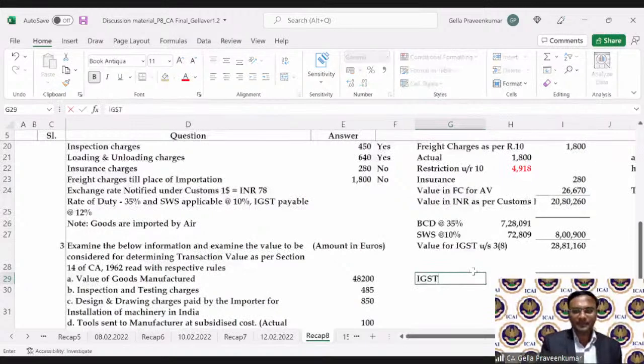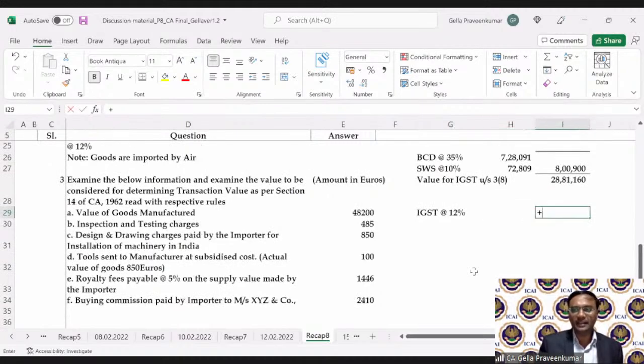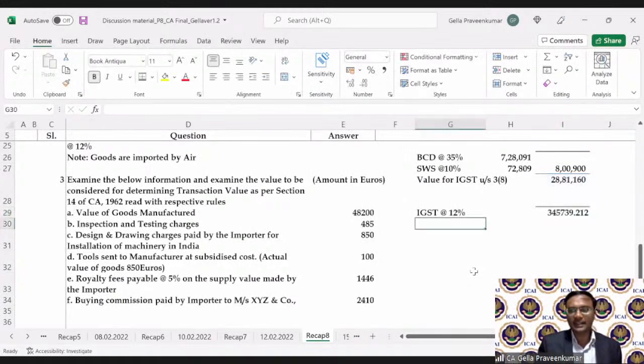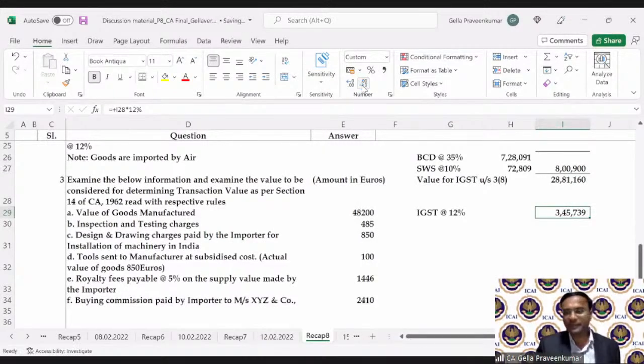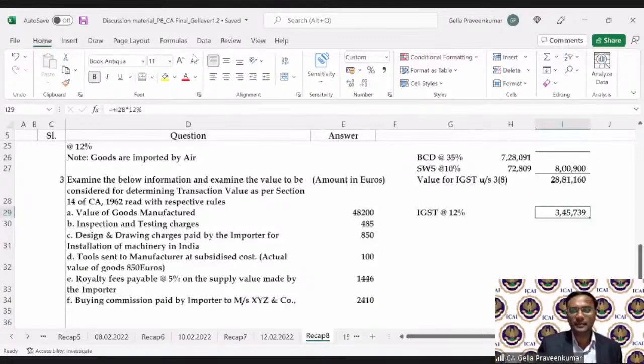IGST at the rate of 12%. My calculation of IGST on 28,81,000, 12% IGST happens to be, sorry, 3,45,739. I'll do a rounding off. On 28,81,000, 345,739. I could see